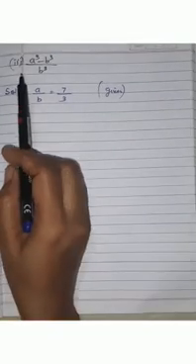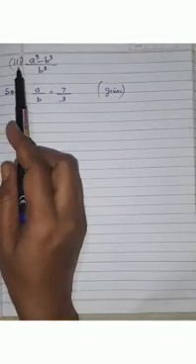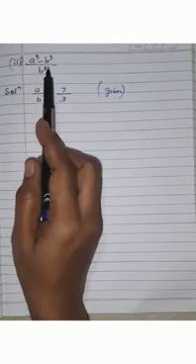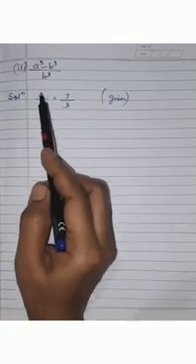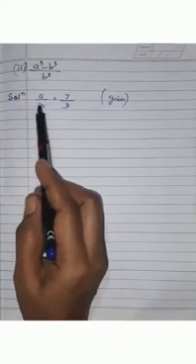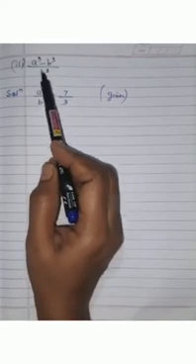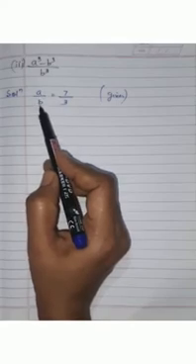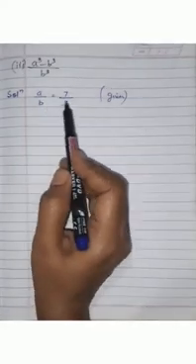Now students, our third sub-question of question number 1 is, we have to find the value of a cube minus b cube upon b cube. Okay, so now we'll start the solution as a upon b is equal to 7 upon 3. Now children, just see the degree of a and b. Here we have a cube and b cube. That means now we have to cube the above equation on both the sides.